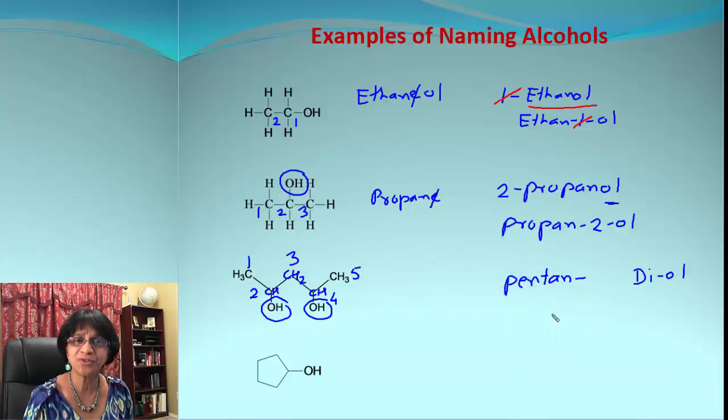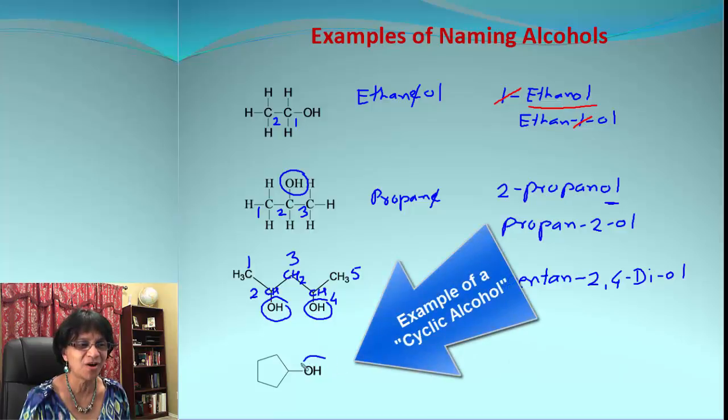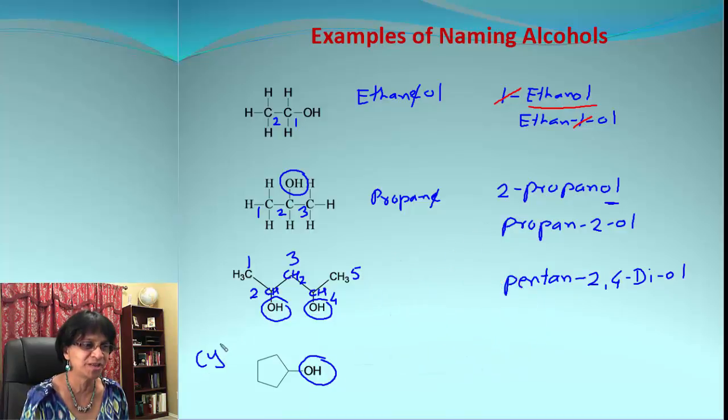And now which are the positions for those OH groups? One is at position 2 and the next one is at 4. So we can say pentane-2,4-diol. Here is an example of a cyclic compound with OH and a ring with 5-membered carbon atoms will be called